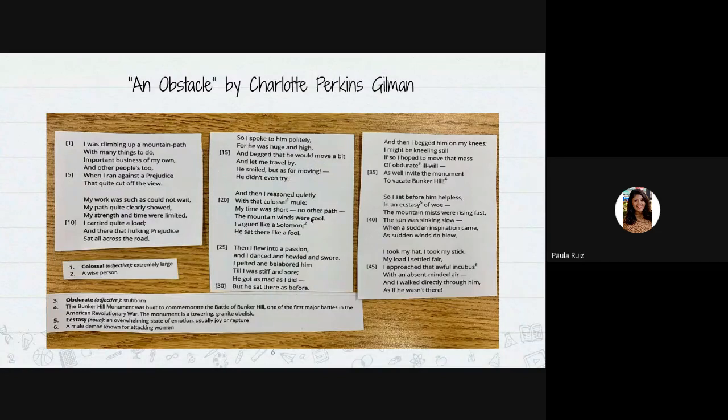Then you might reason a little bit, and constantly being beaten down, you fly into a passion, and then you beg to be heard and to be helped. So you're there helpless. But then eventually, you bring your head up high and you ignore those with an absent mind, and you walk directly through them as if they weren't there, and you make it through. So that is kind of the main idea of this